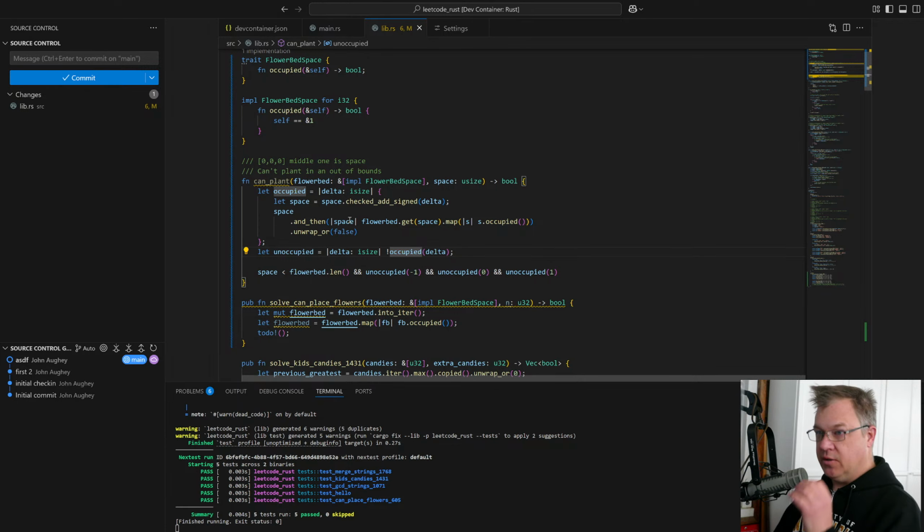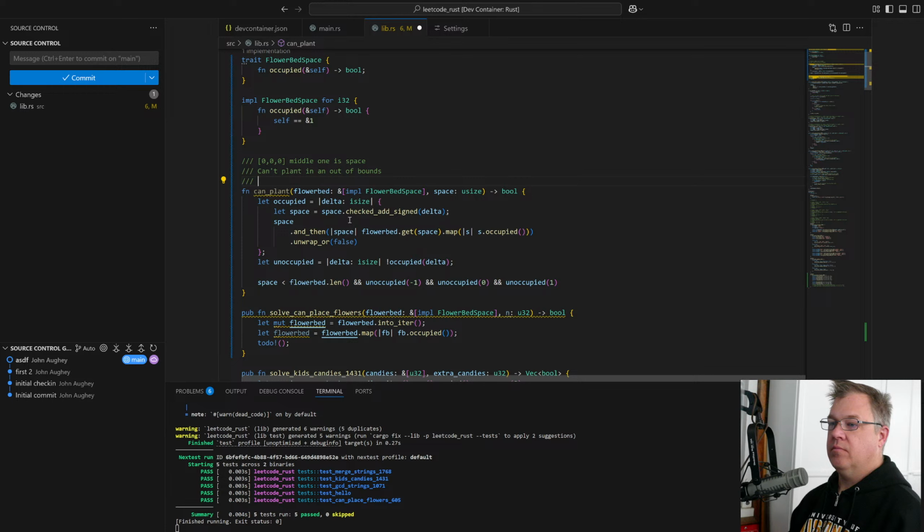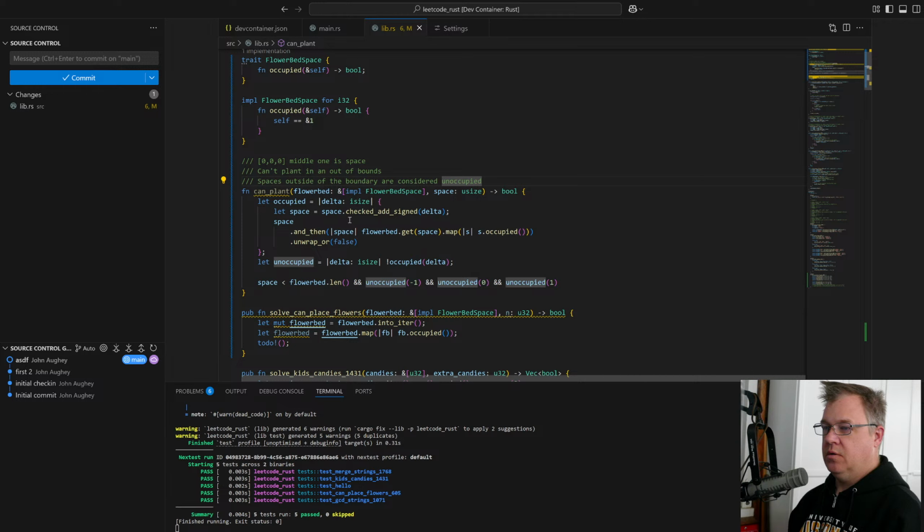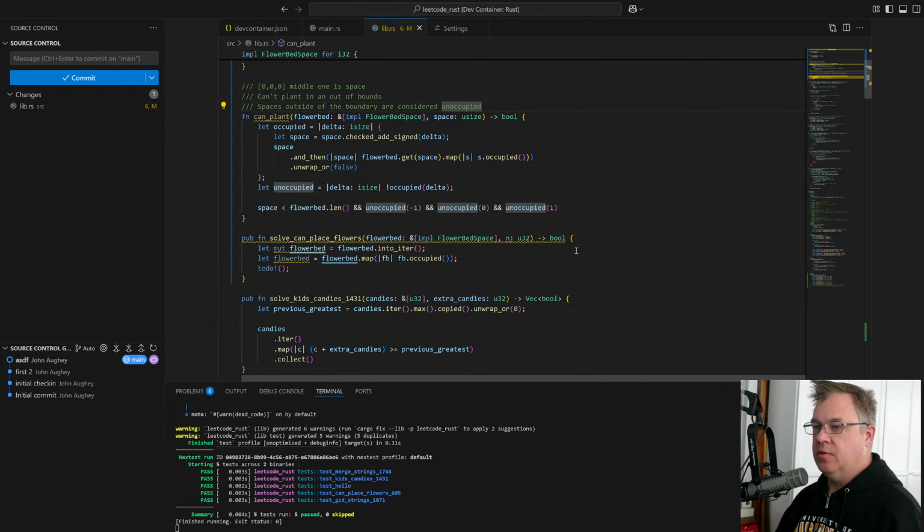So now we got a good set of tests. The boundary, spaces outside of the boundary are considered unoccupied. Good. I think that is all good.